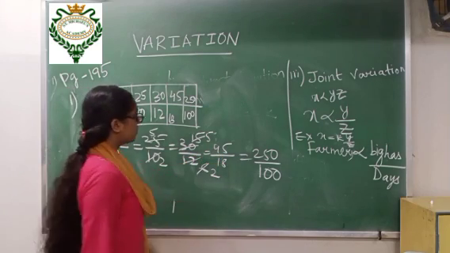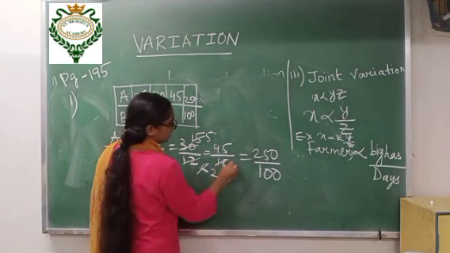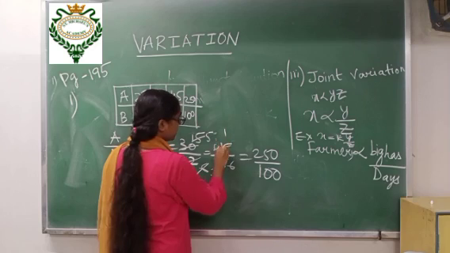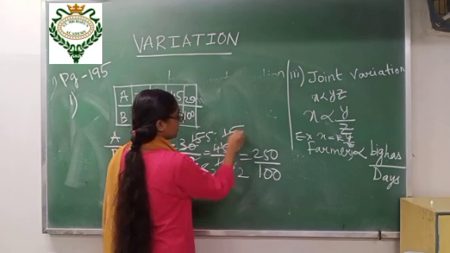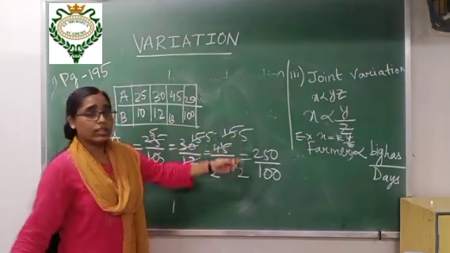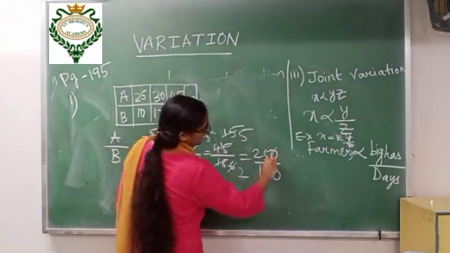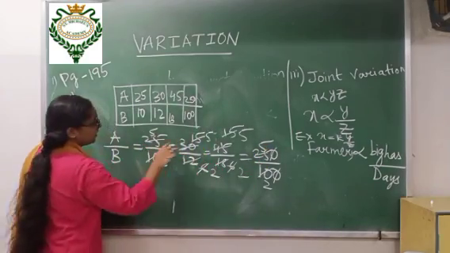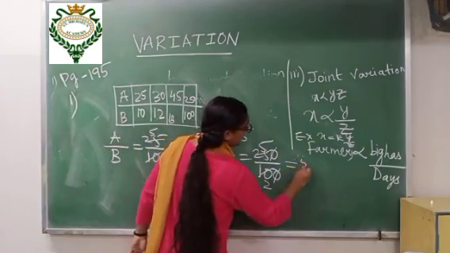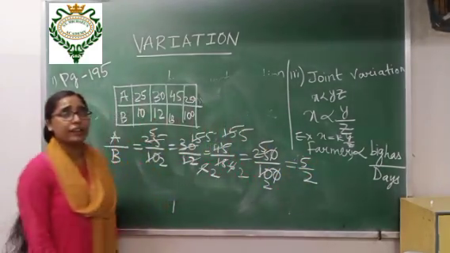Now you will cancel this one. 3 stable, 3 6s are 18, 3 1s are 3, 3 5s are 15. Again 3 stable, 3 2s are 6, 3 5s are 15. So again you are getting 5 by 2. Now this one, first you will cancel 0 0, 5 2s are 10, 5 5s are 25. Means in each and every case you are getting 5 by 2. What you are getting? 5 by 2.